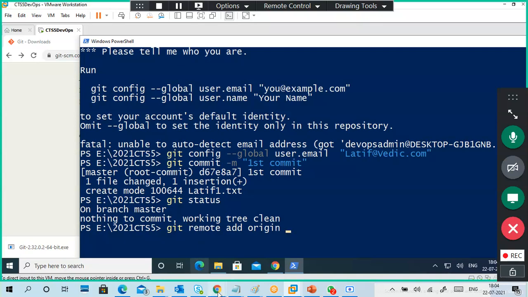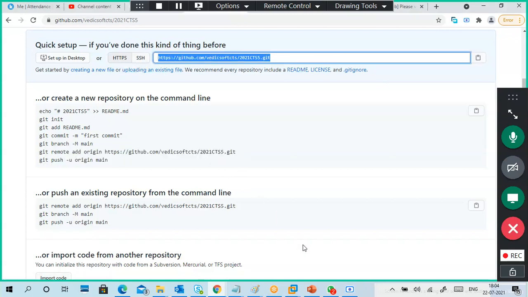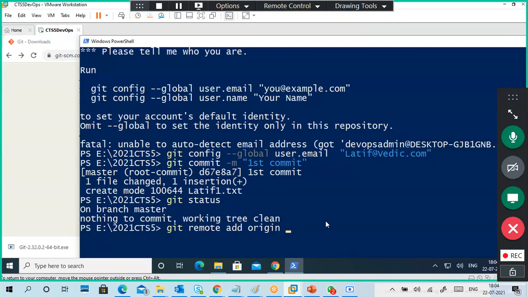That link is required, so we have to go to the link, copy this link from here, or maybe you can copy like this, and paste the link here. Okay, now I add a link to my .git file.